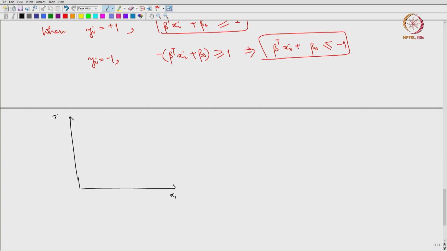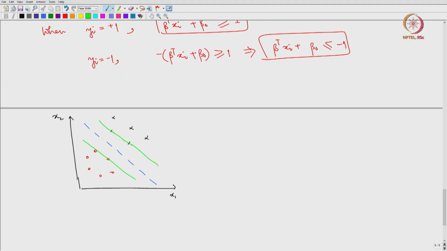So, this is x1, this is x2. You had two classes here, this was one particular class, and then you had another class here, and the task was to find this decision boundary or the hyperplane, and then there were two sets of support vectors,